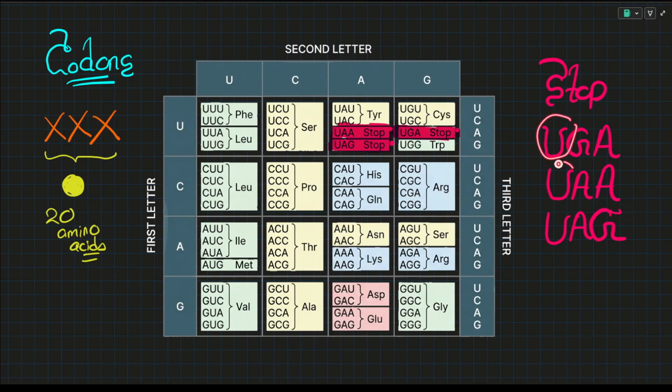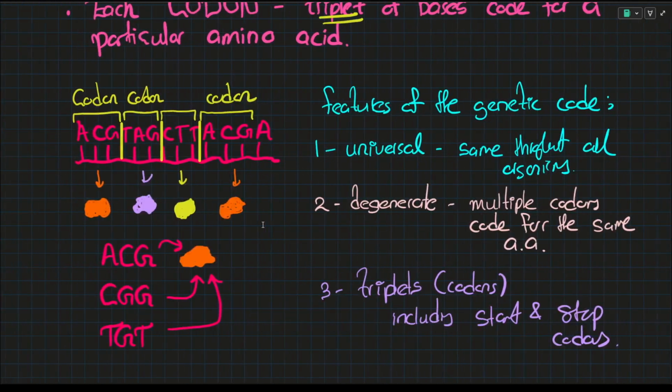Okay, why do we have U? Do you remember that U was part of RNA? Okay, but then we're talking about DNA. Why exactly do we have U here? Don't worry about that. That'll become clear in the next spread once we get to transcription and translation and where proteins are produced. This is the nature of the genetic code, and we have three specific stop codons like this, and this is the entirely universal genetic code.